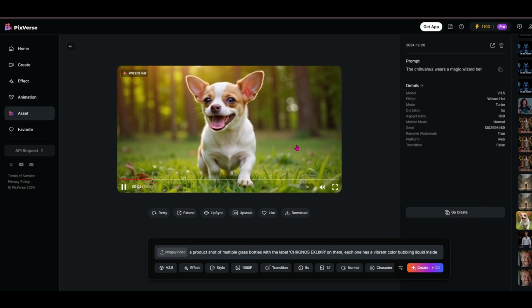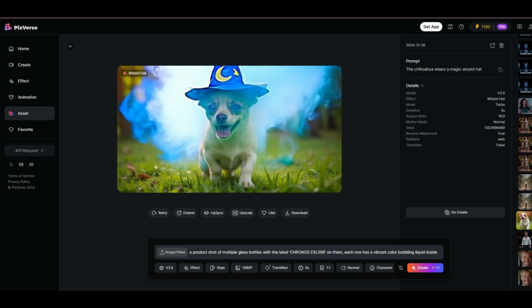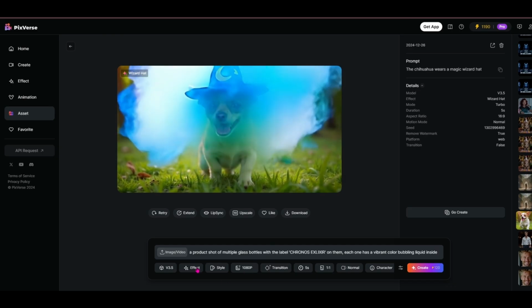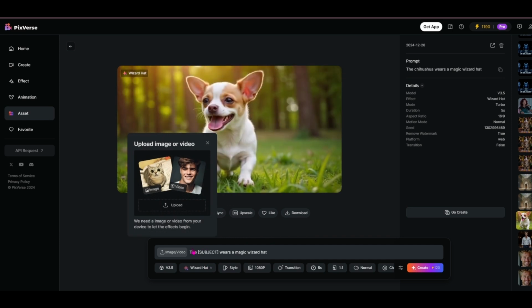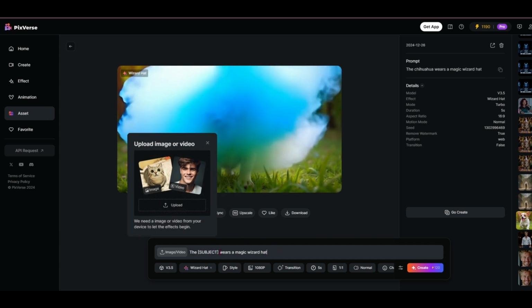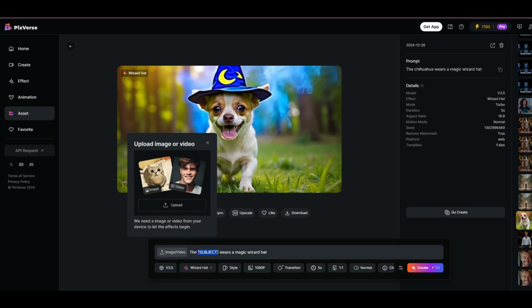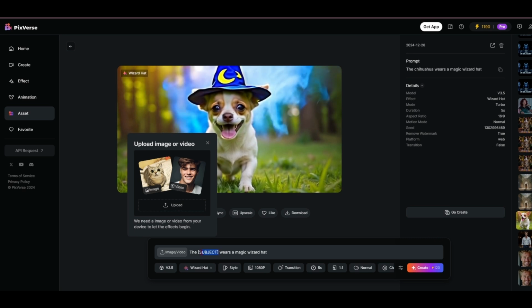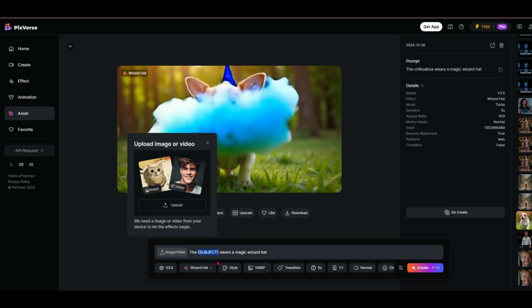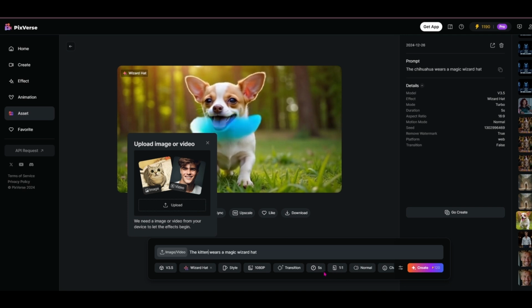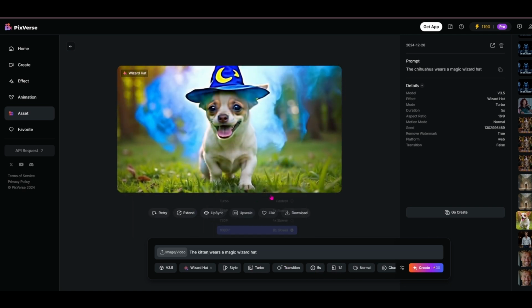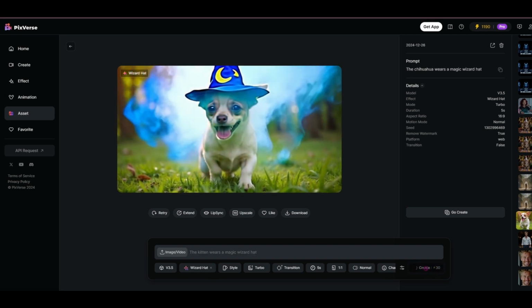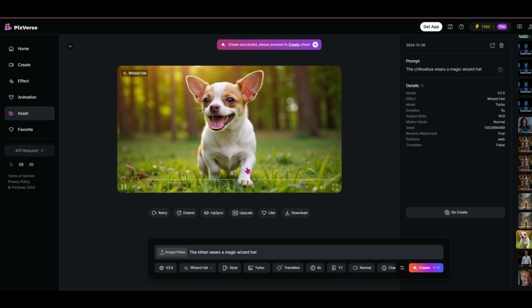And we can see like here on this little puppy, I typed in just a chihuahua wears a magic wizard hat. When you choose the effect, it actually will change the prompting in here. So I could put in anything I want here as the subject if I didn't want a chihuahua. So for example, let's say I wanted a kitten. I could put that in, and I'm actually going to bump this down to turbo just so that we're not using 120 credits to show you this, but we'll go ahead and generate that so you can see how the